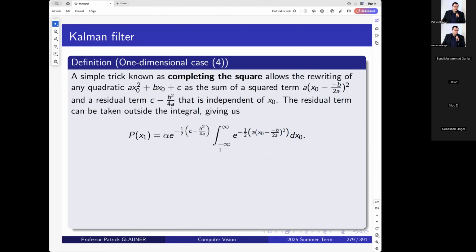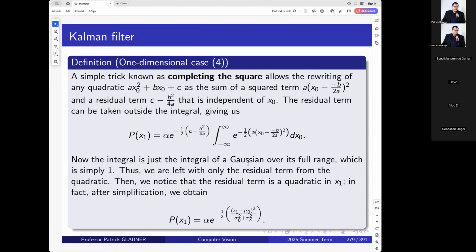And then I can move it outside the integral, and the integral actually becomes much easier. What gets moved outside that is independent of x0 is now less relevant, because we have the normalization, and it turns out that the integral of a Gaussian over its full range is now relevant. So this one here we will just ignore, because we don't really need this anymore. It's just some constant, and constants are something we want to keep out,